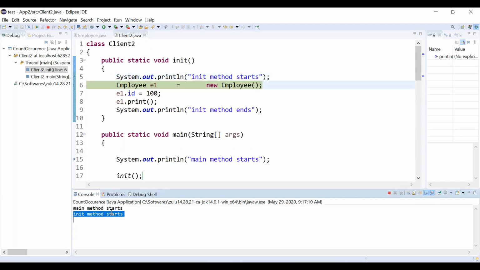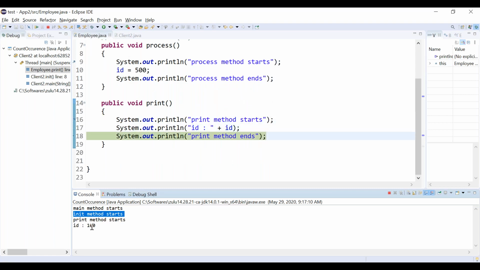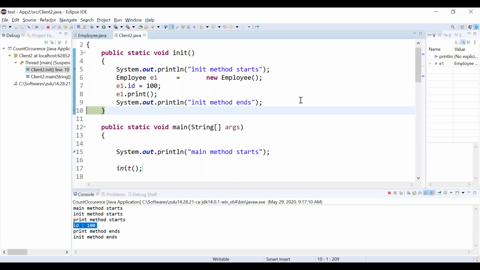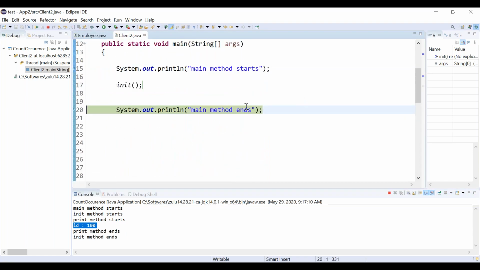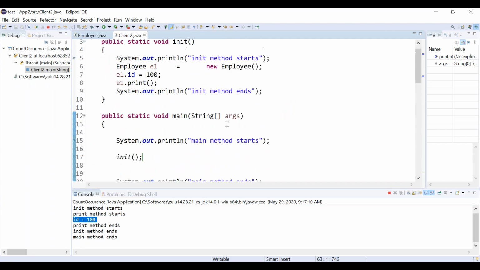Init method starts, you have created an object, assigned some value, and called the print method. Flow goes into the print method, printing the ID. Print method ends, then the init method also ends, and flow comes back to the main method. Nothing is there in the main method, print main method ends, correct?